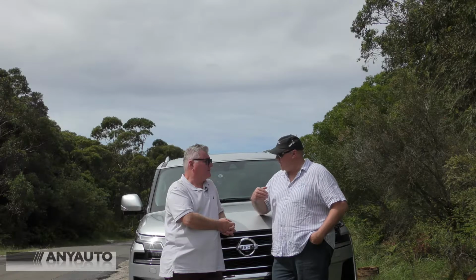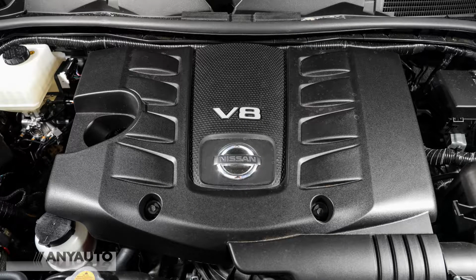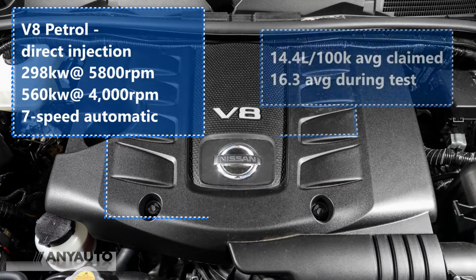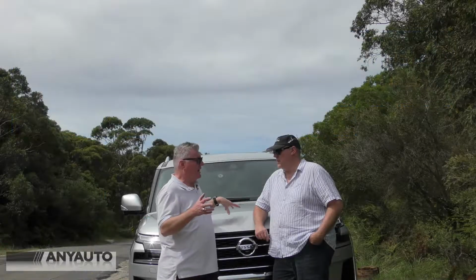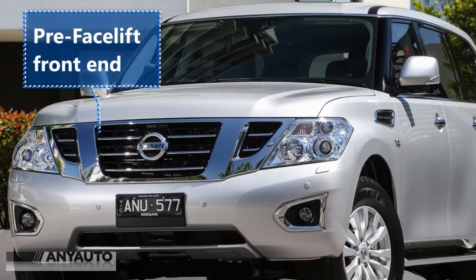Part of it is because this only comes in a petrol option. So it only comes in a 5.6 with 298 and 560. So 298 kilowatts, 560 newton metres. Plenty of power, but by God, it's thirsty. So this has got a proper automatic transmission. Yep. When they did the update late last year,